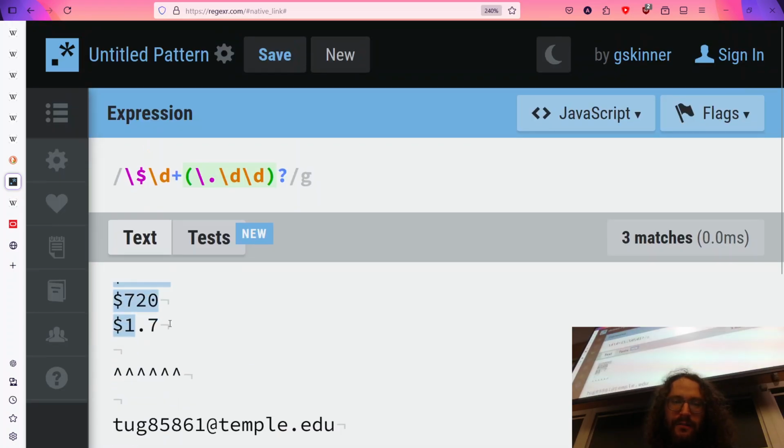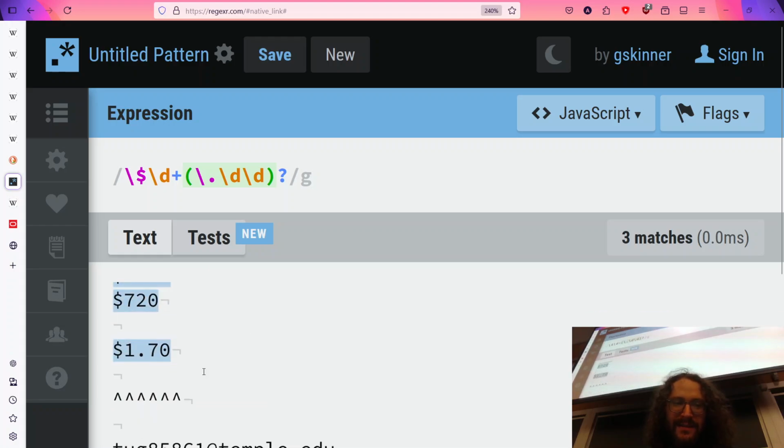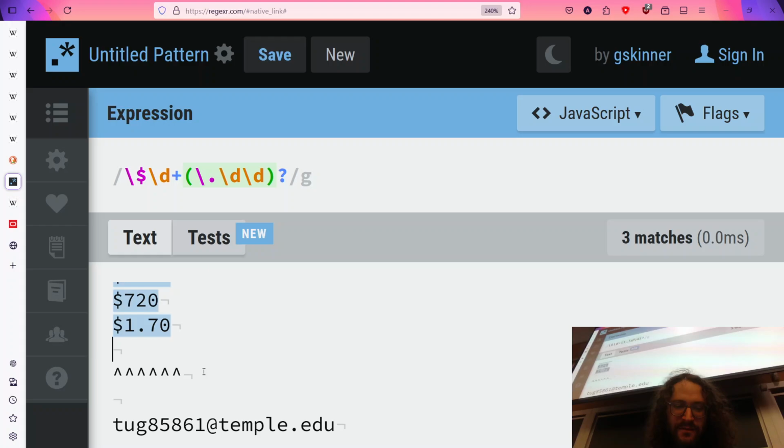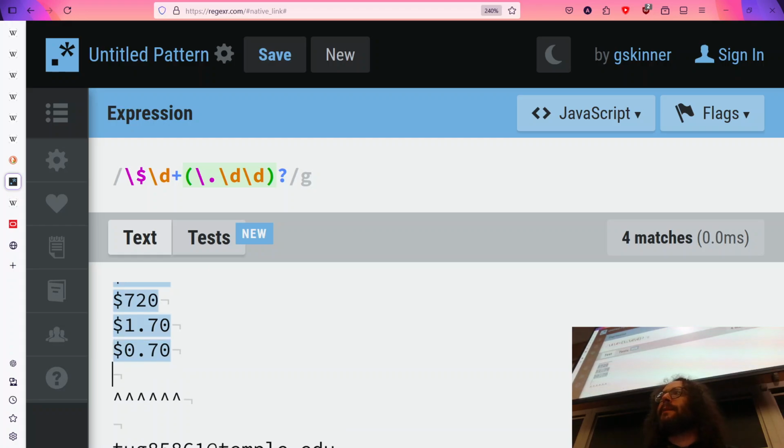So here we have $1.70, all right? Occasionally, if we say 70 cents, we have a few different ways of writing 70 cents. 70 cents might be written as 0.70, but you've probably also seen it written like this.